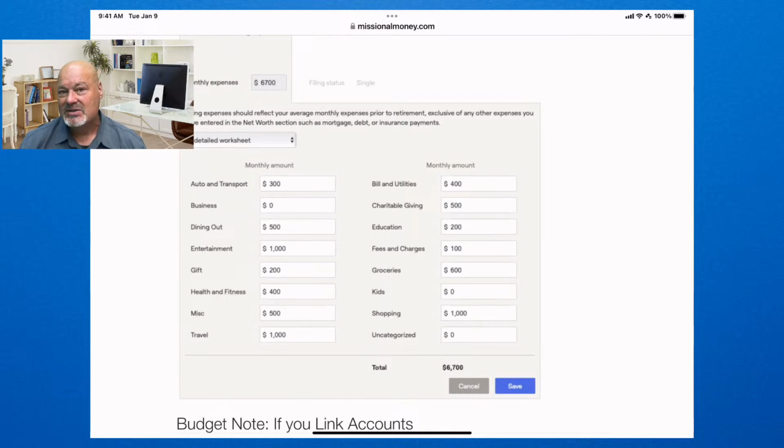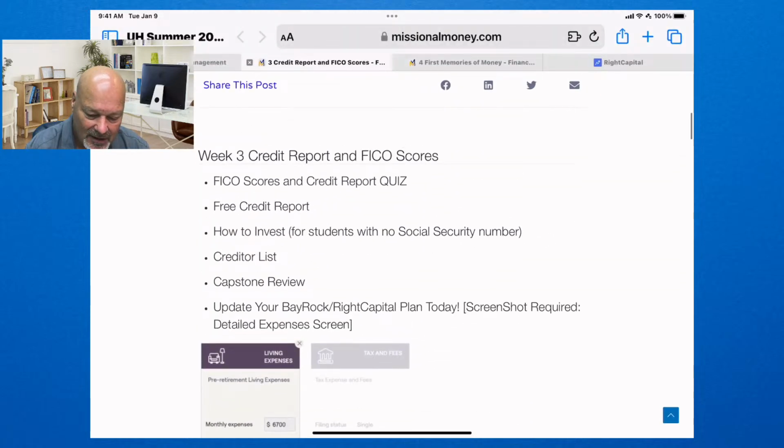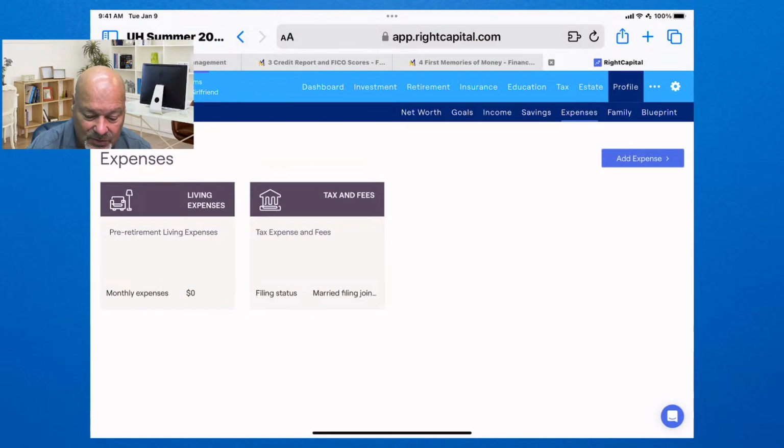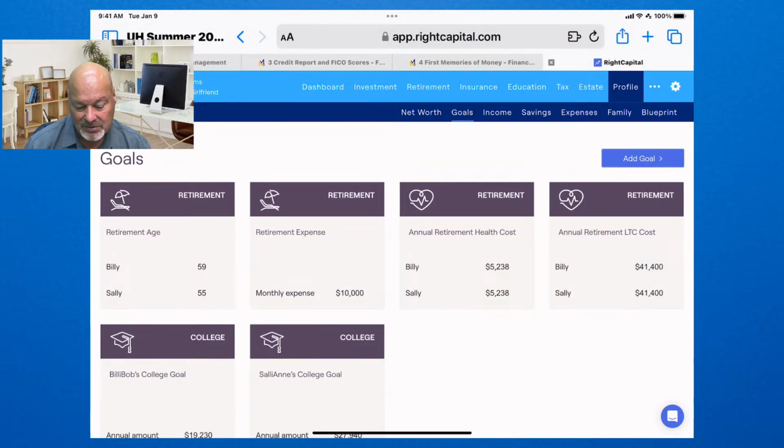So if you say in your goal section, and you're going to be filling this out for yourself, when you get to goals, you have the liberty, the freedom, the flexibility to put in whatever goals you want to put in. And when you put in a goal, it has an impact on your financial plan. So you're going to see, when you get closer to your capstone assignment, basically what are the results of all the things I put in my financial plan. Is it a 0 probability of success, or is it a high probability of success?